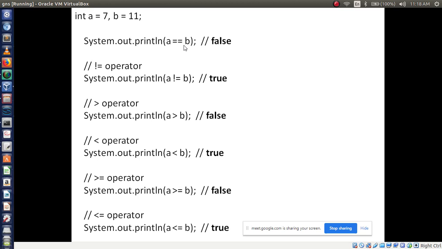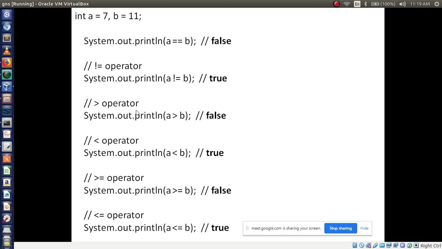It is false. Now the next operator, not equal operator, SOP a is not equal to b. 7 is not equal to 11. Condition is true, so it is displaying true.